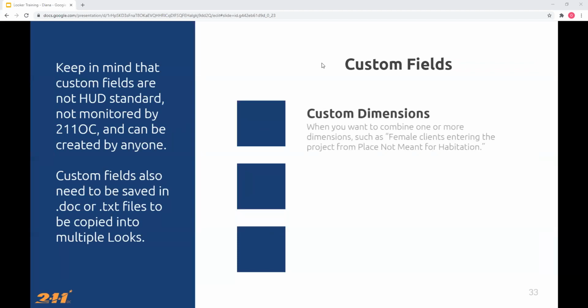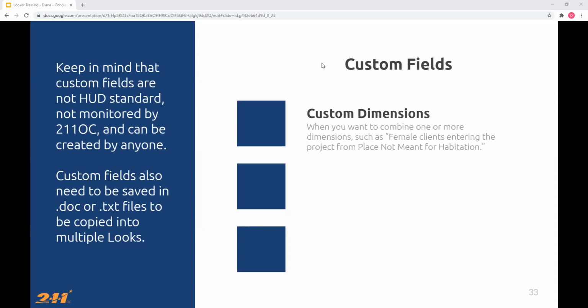Custom dimensions, measures, and table calculations allow you to deep dive into your HMIS data and can save you a lot of time if you need to regularly report on the same metrics. Fields are applied to the report that you're working on when you create it. In order to use a custom field on multiple reports, you'll need to copy the code for each custom field into a text or a word processing document and save it on your computer or a cloud-based service for future